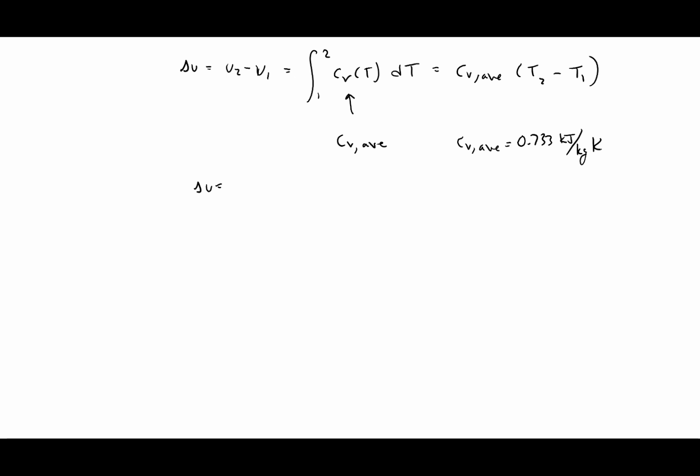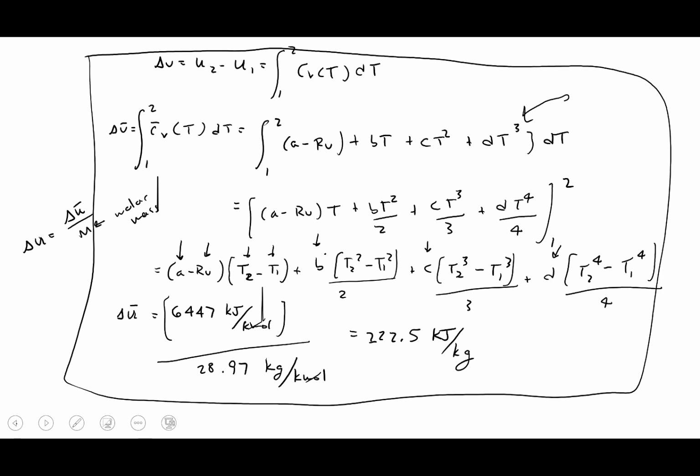So if we put that into our equation for the change in internal energy, this is equal to 0.733 kilojoules per kilogram Kelvin, multiplied by our temperature change, which is 600 minus 300 Kelvin. The Kelvins cancel, and this works out to 220 kilojoules per kilogram. So notice how this was significantly easier than our method using the polynomial method, and we ended up